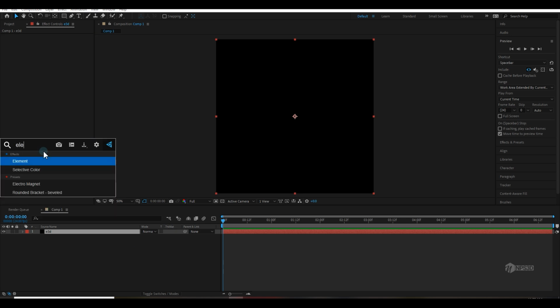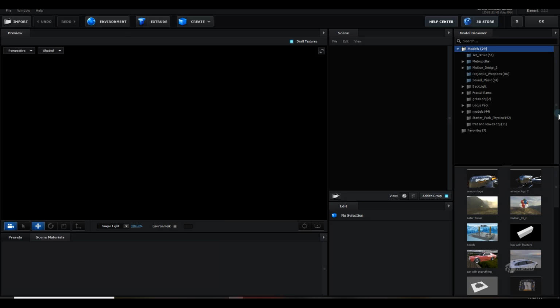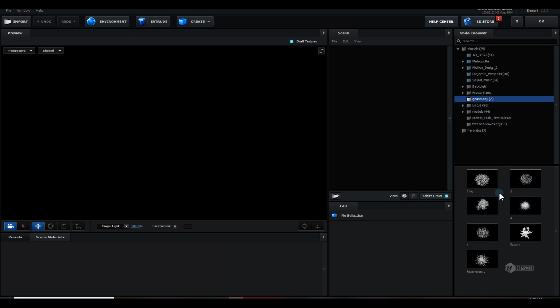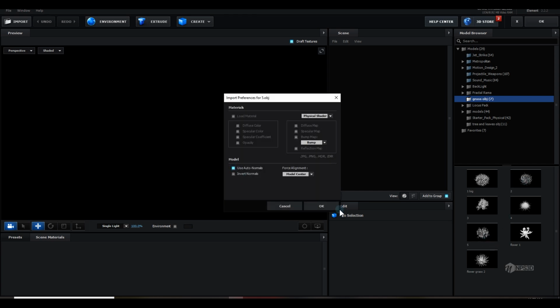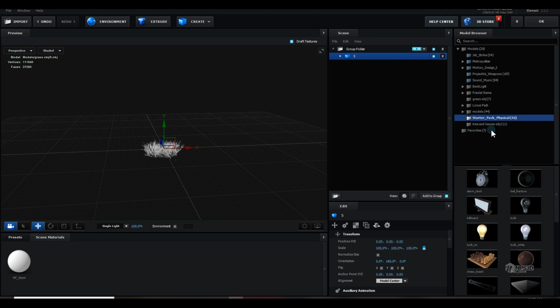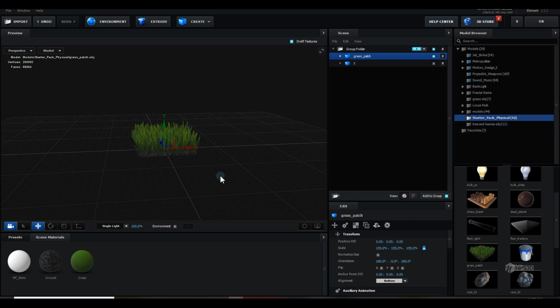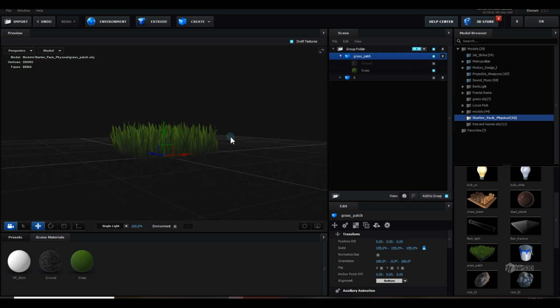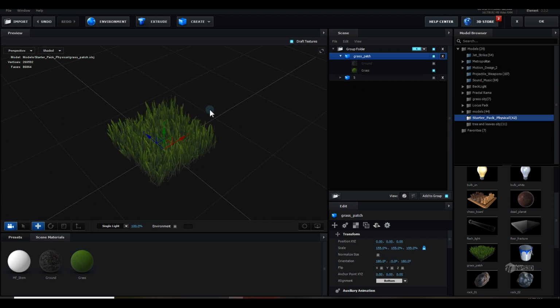Let's apply Element 3D. By the way, this is FX Console, which you can download from Video Copilot for free. Go to Scene Setup and quickly load the grass. These are a few of my grasses. If you don't have grass, you can go to YouTube and search for the Magnet tree model pack from my friend Amit Das, which has a bunch of tree and grass models. They are pretty good. If you don't have anything, you can go to the starter pack, load this grass, remove the ground, and use it as grass, which is good as well.